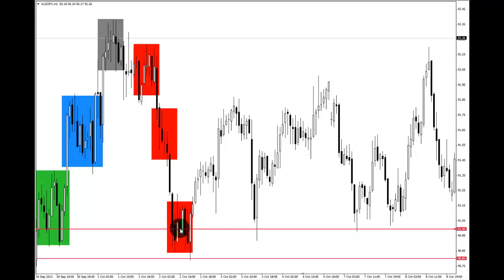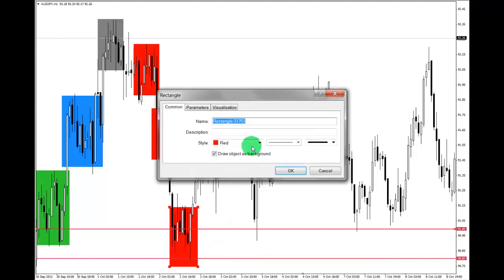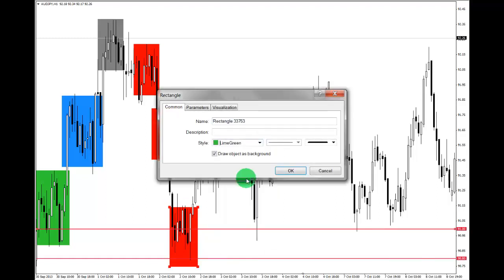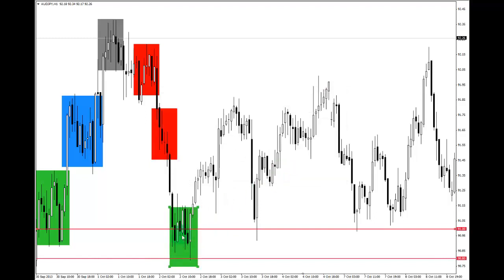Ultimately coming down to clear the original consolidation that began the market maker sell model. Right here. So we're below the consolidation right there. So we have the accumulation, reaccumulation, or run to resistance, smart money reversal,